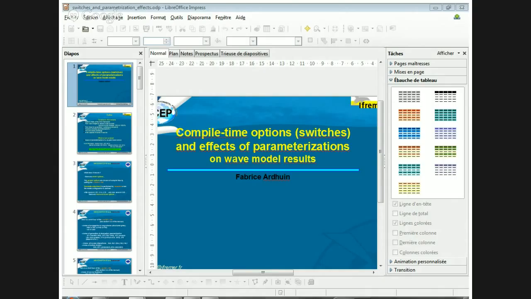Now, integration means more CPU computations, and this is where you start to have the compromise between some parameterization, which makes more sense, and the cost of it. And in the end, right now, with ST4, we have two options. One is to integrate in frequencies, the other one is to integrate in directions. Ideally, we should do both, but it's just too expensive. So there are some shortcuts, and in the end,